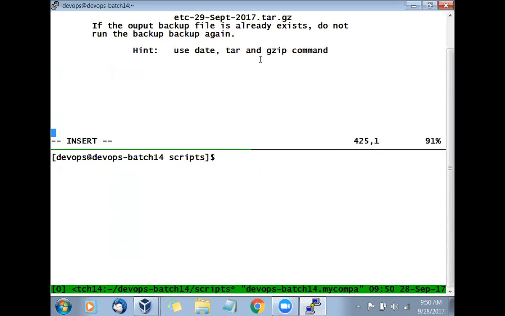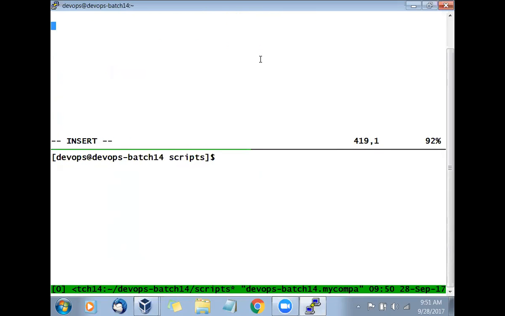Now today we are going to have a real-time example which says, write a script to create a user in Linux. So before we start, any questions from the earlier sessions? If you have any doubt or any questions, feel free to share. If not, let's go with that. Okay, so write a script to create a user.